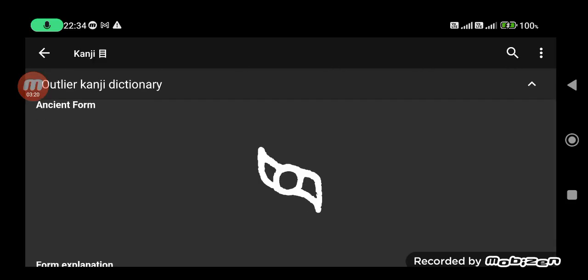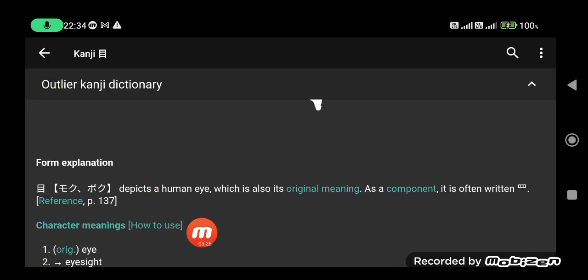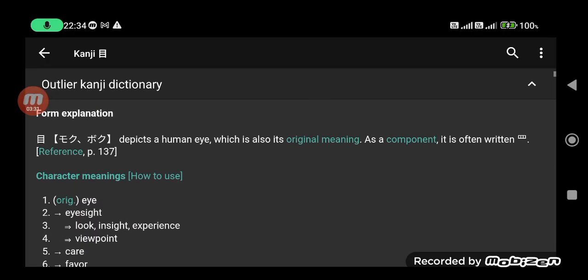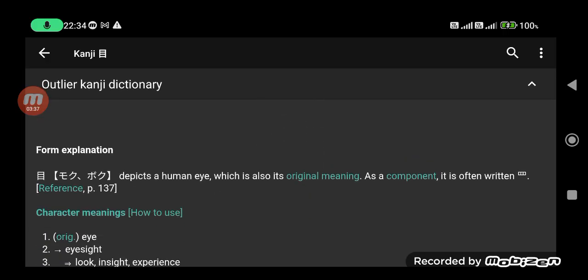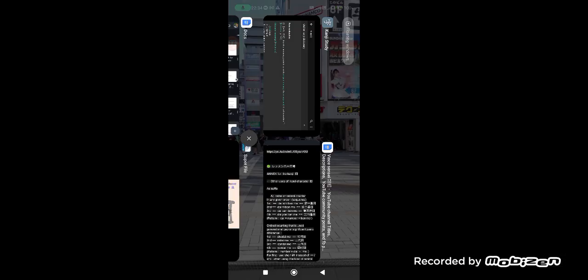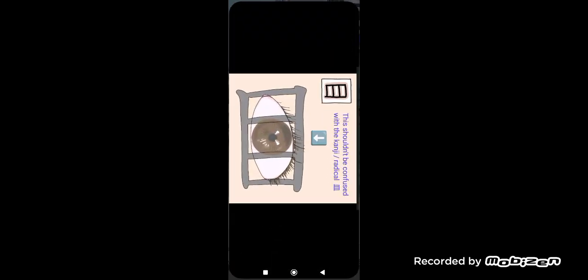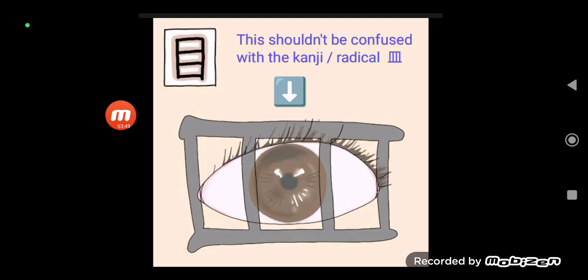Okay, so this is the origin, minasan, and this is the ancient form. It's the eye. It depicts an eye. It's a depiction of a human eye. For appreciation, minasan, the original meaning here is eye, of course, human eye. For greater appreciation, may I just present to you this material right here. The eye here was rotated 90 degrees, the kanji was rotated 90 degrees to the right, clockwise,